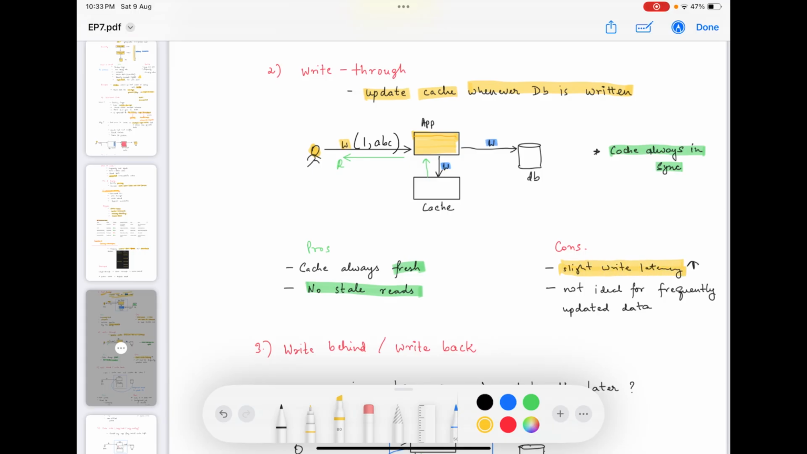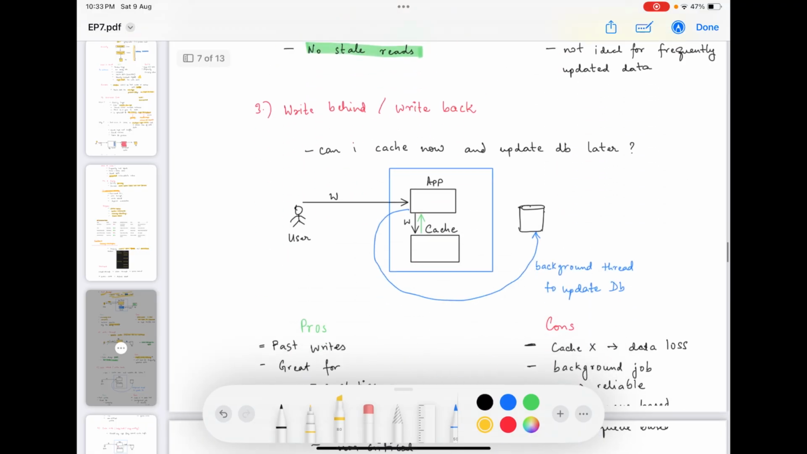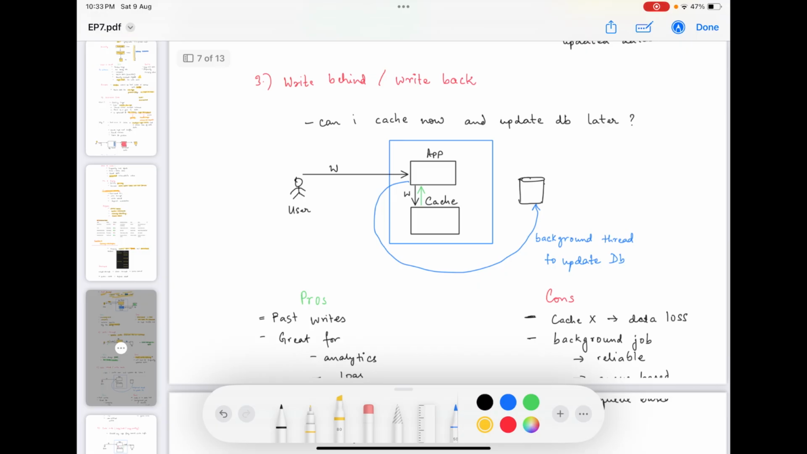Okay, and hence, as the write latency is increasing, it is not very suitable for frequently updated data. Clear? Now let's move on to the third policy, that is the write behind, or also called the write back